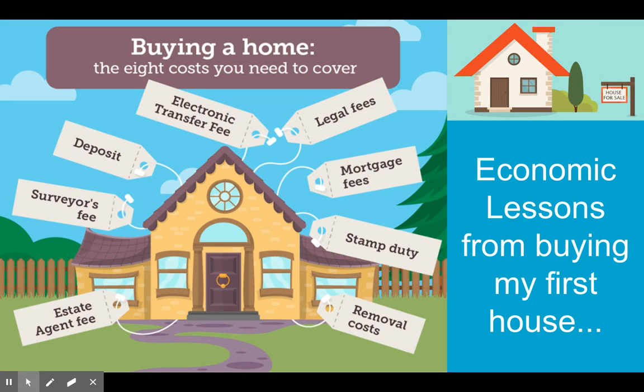One of the things that makes you feel like an adult is when you purchase your first home. And there's so much paperwork. It's like the epitome of becoming an adult. Now, not that you have to own a home, you might choose to rent, but there was a ton of economic lessons I learned when I bought my first house. And the first house I bought was right here in Apple Valley. I was actually working down the hill at a different high school, Chino High School, but the housing market was so expensive down the hill that as a teacher, I couldn't afford that.